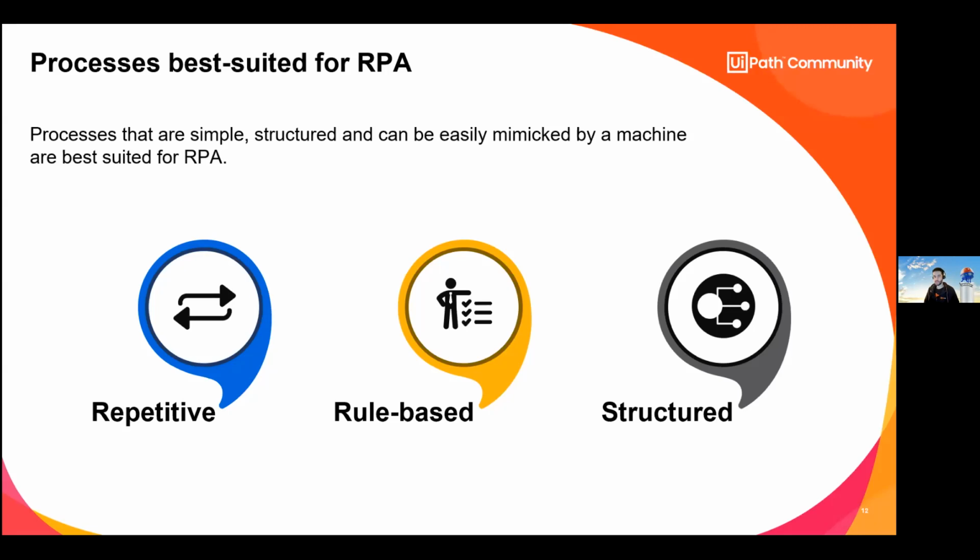We're going to find processes that are repetitive. So let's say a process where we need to make some data input like 200 times a day, then it's a repetitive process that we can automate. But let's say we have a process where we need to do those 200 things only once a year. Then we can automate that process, but compared to the one that we do 200 times a day, it's probably best if we automate the first one.